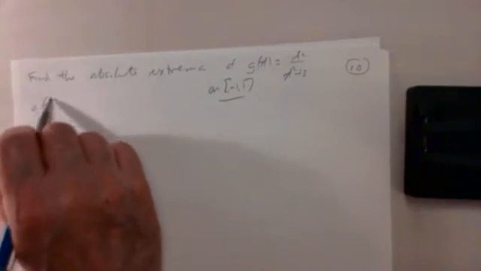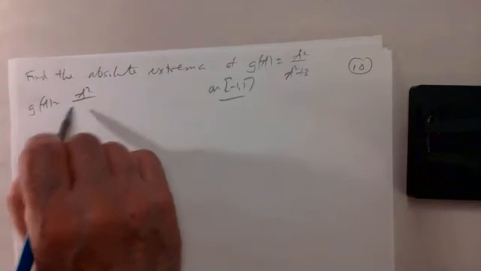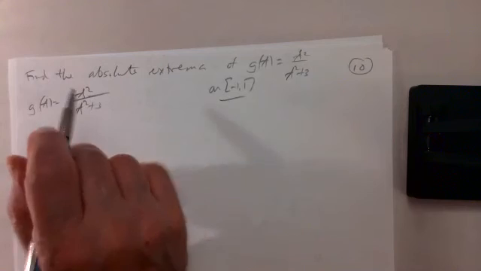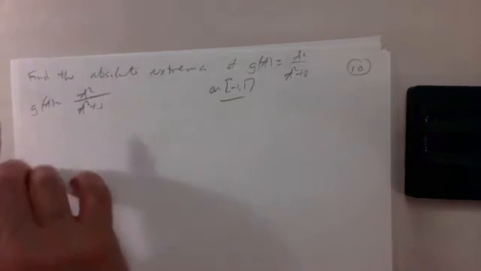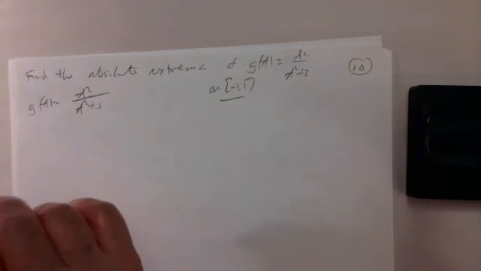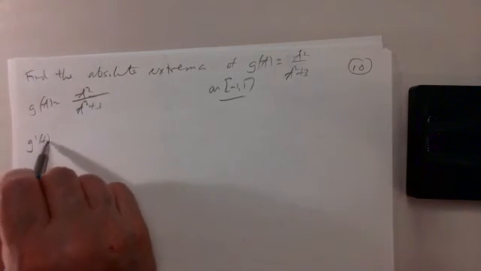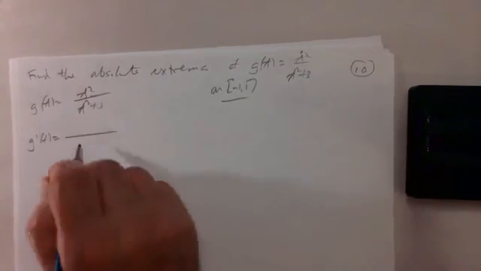So g of t is t squared over t squared plus 3. To find the critical numbers, we have to see where the derivative equals 0. What is the derivative? By the quotient rule,